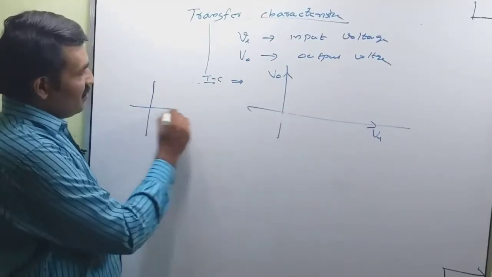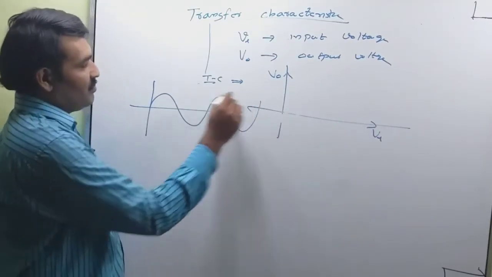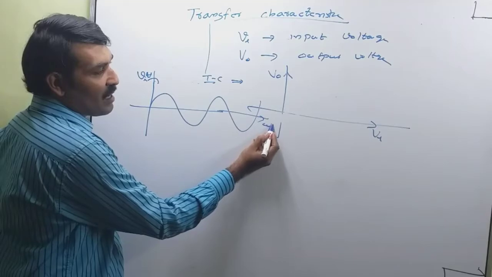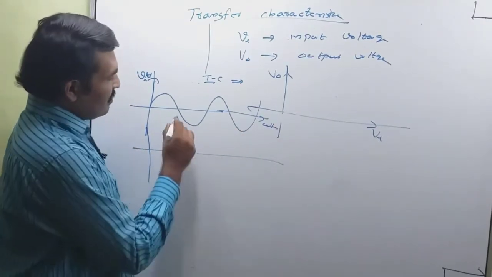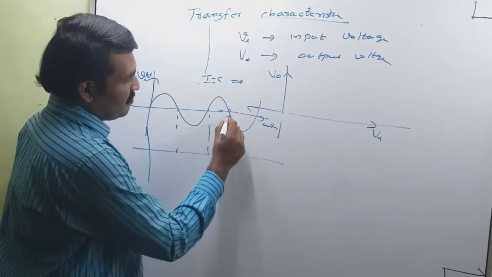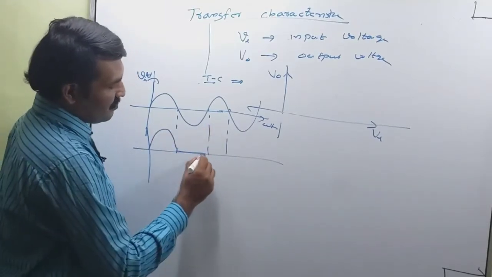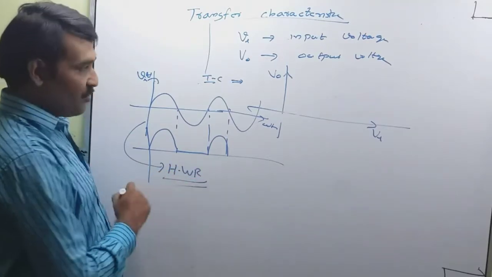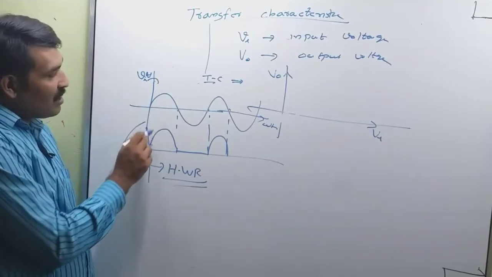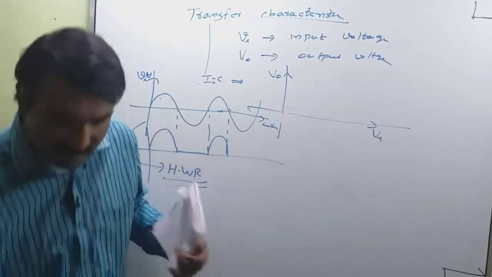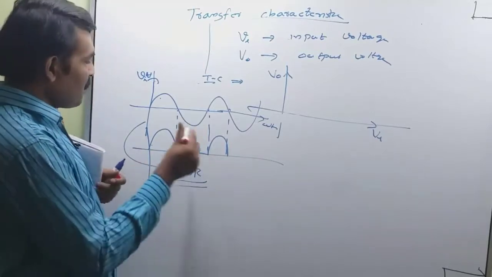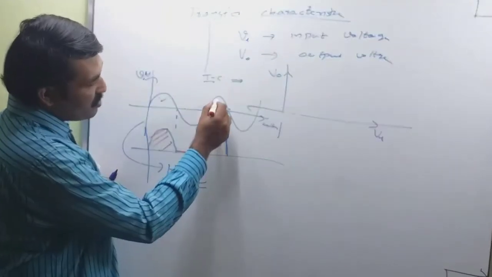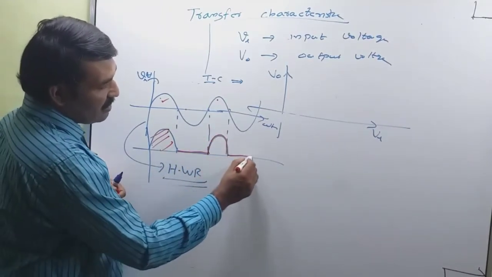So we are drawing a graph between V input and V output. That is the transfer characteristics. For example, suppose this is your input. This is a sine wave, Vi(t), against omega t. Now let the output be this. So this is a half wave rectifier circuit. We have output only during the positive half cycle. For the negative half cycle, output is 0. And again in the positive half cycle, we get the output. Negative half cycle 0, and so on.